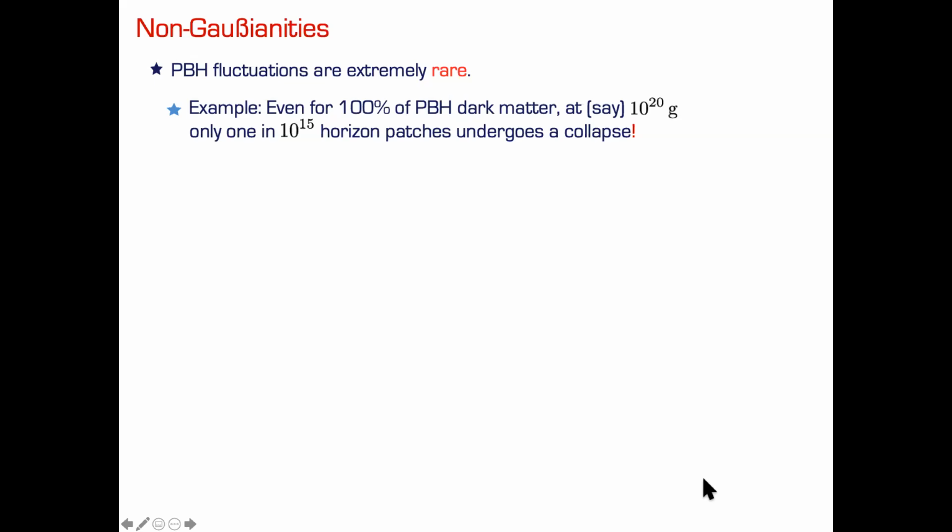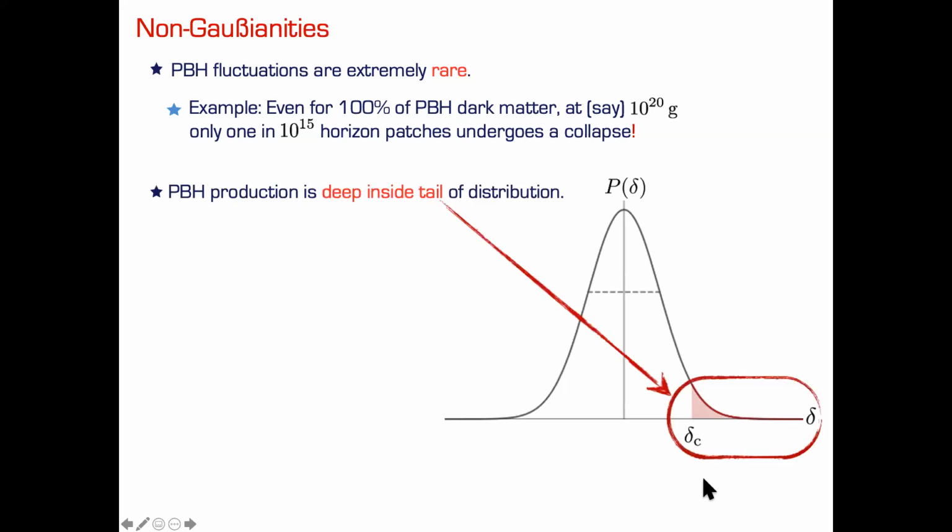Okay, and like I said, they are forming at a very extreme end of the distribution, deep inside the tail. So it's just a very small amount of them that undergo collapse. It's a distribution, again a density fluctuation, and you're sort of somewhere here. It's a cartoon; they are usually very high sigma, very far into the tail. You will see when I draw it with realistic numbers.